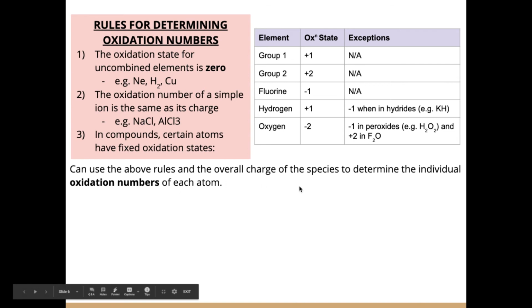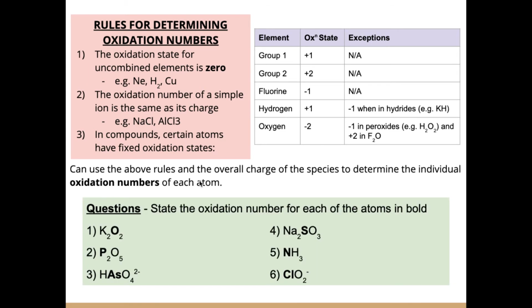So we can use these rules, and we can also use the overall charge of the species to determine the individual oxidation numbers of each atom. Let's do a bunch of examples. If you think you can jump ahead and have a go, by all means do that now, and you can check your answers afterwards. We are trying to determine the oxidation number for each of the atoms in bold. All right, my first one is